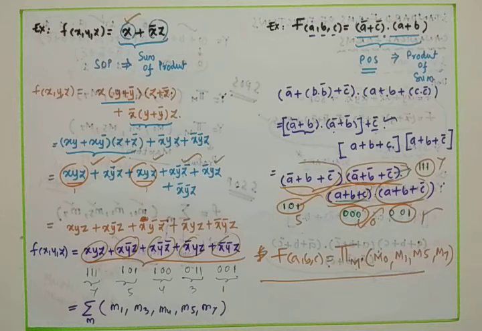In sum of product each term is called a min term. In product of sum each term is called a max term. In case of min term, complemented is denoted with 0 and uncomplemented with 1. In case of max term, that is product of sum, complemented is denoted with 1 and uncomplemented with 0. In that way you can differentiate sum of product and product of sum.